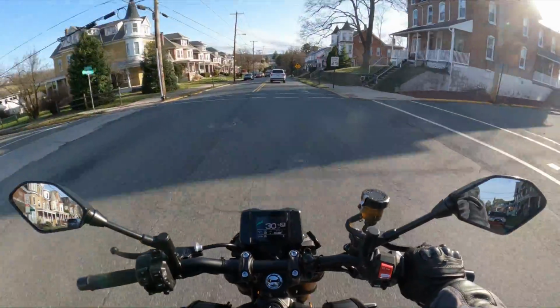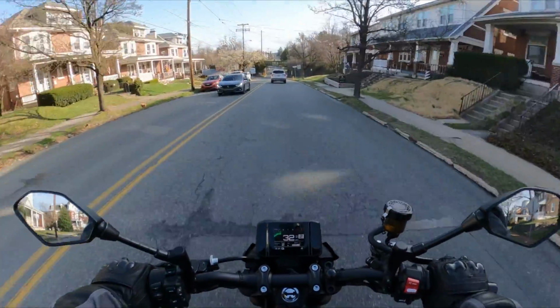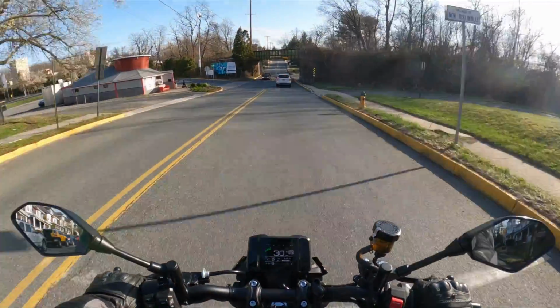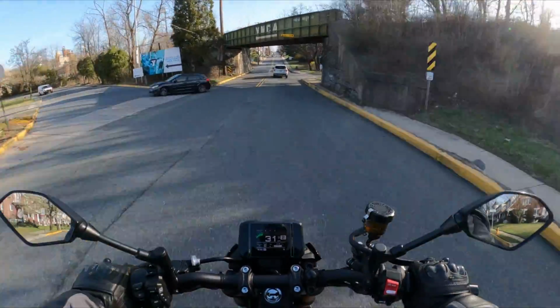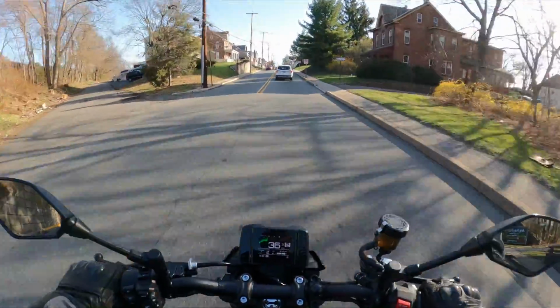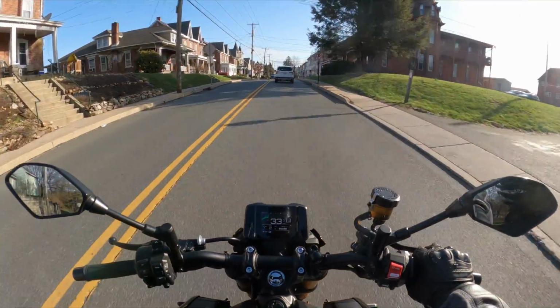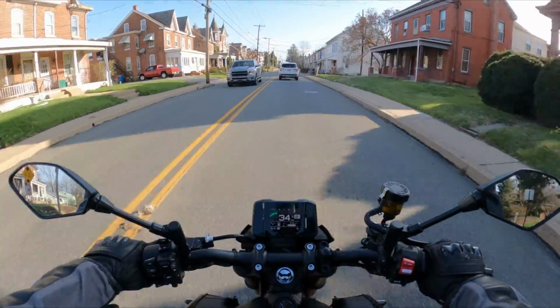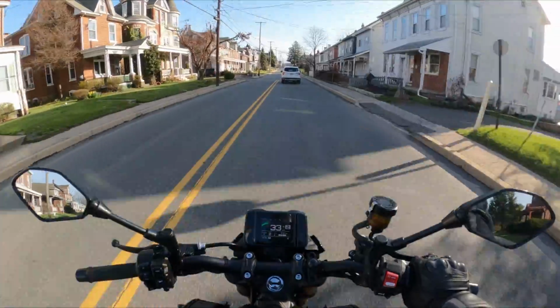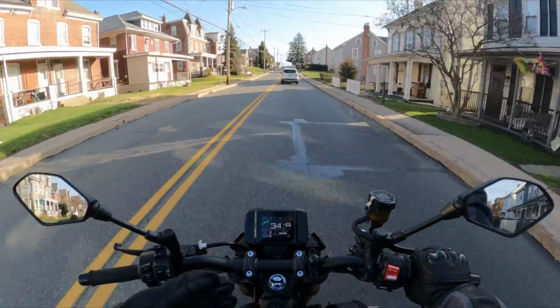So the longest trip I've taken on this bike was when I went to see Iron Man, and that video is in the card up above. From start to finish, that ride was about 11 hours long, and just to be blunt, my ass was killing me after 11 hours of riding. Now we did stop for about an hour to have lunch, but it had gotten so bad that when I was approaching stop signs and stoplights,